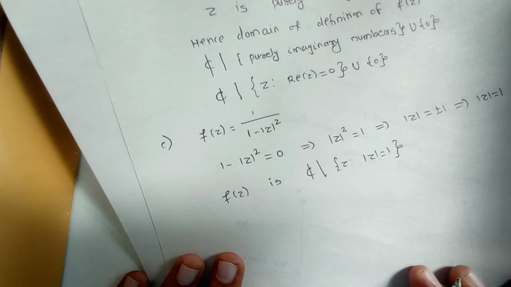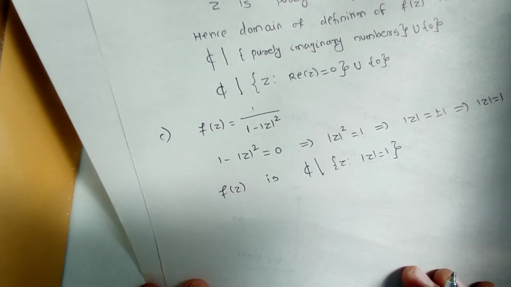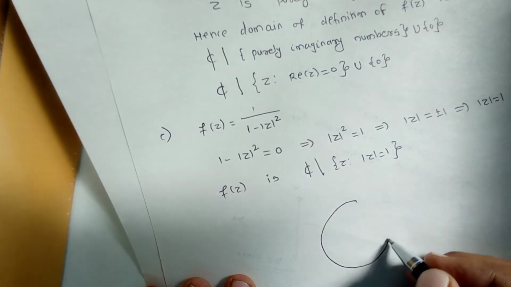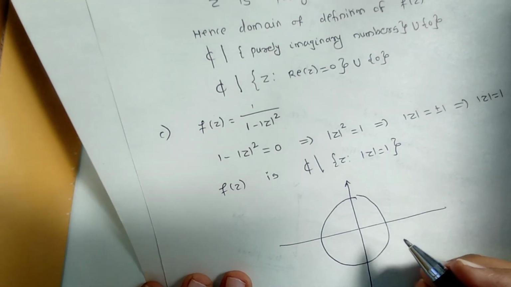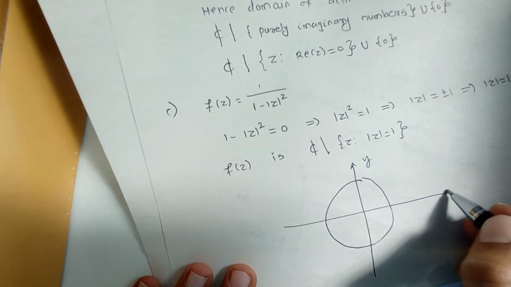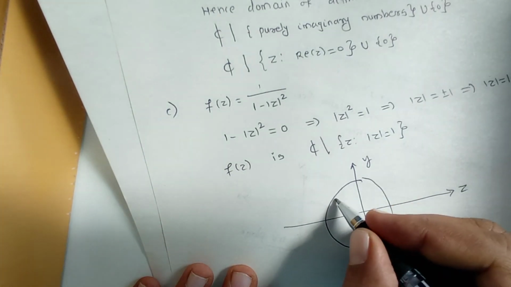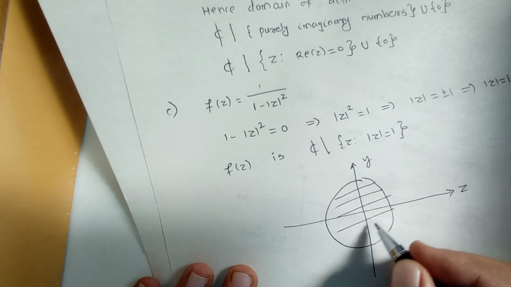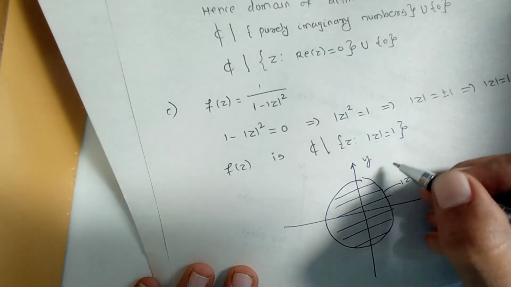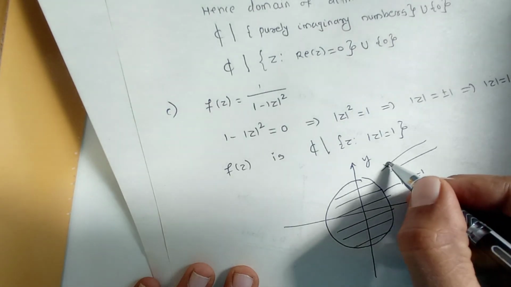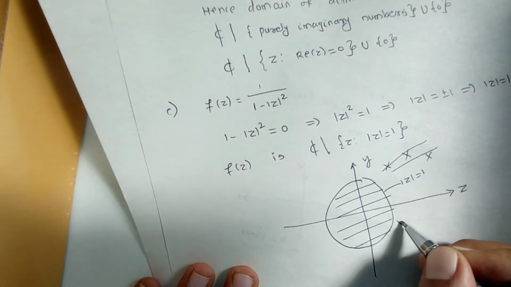We can denote this domain of definition graphically as, if this is y and this is x, and this is mod z is equal to 1, so that will be